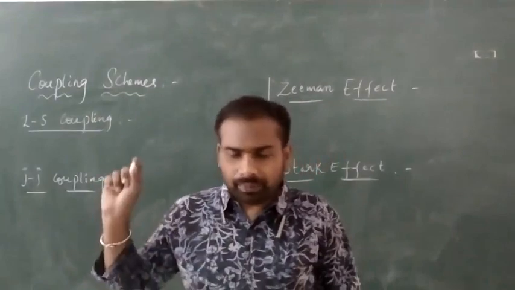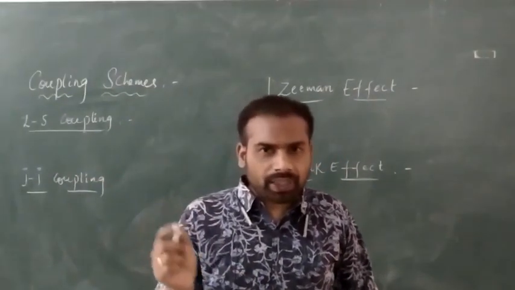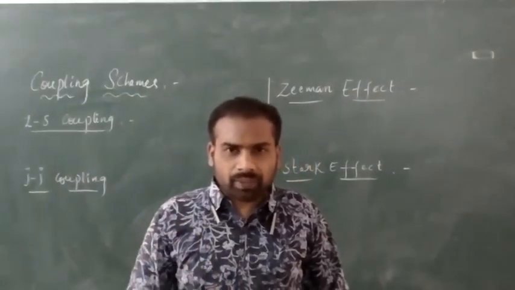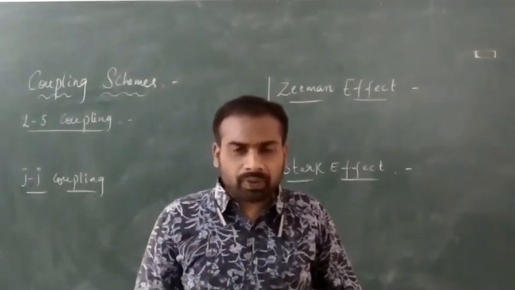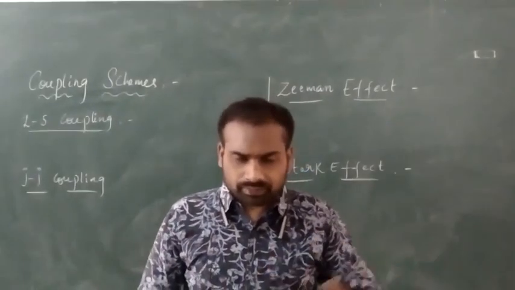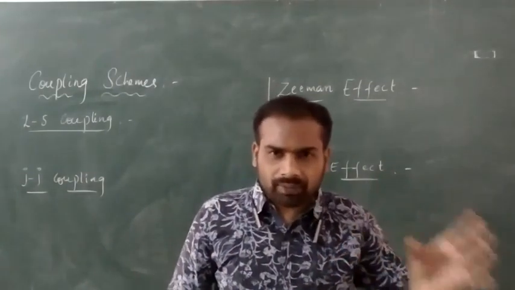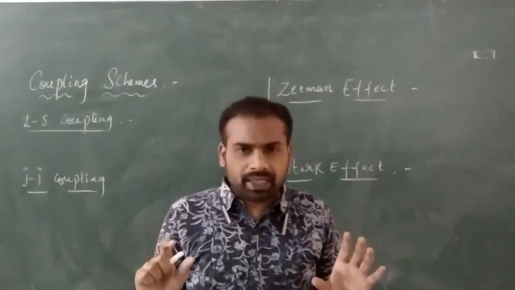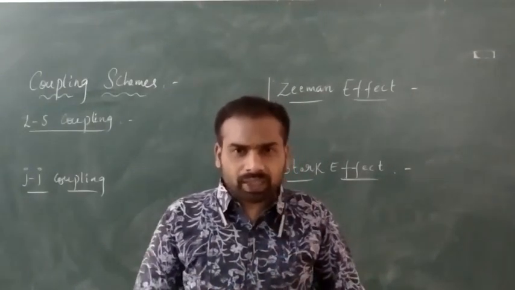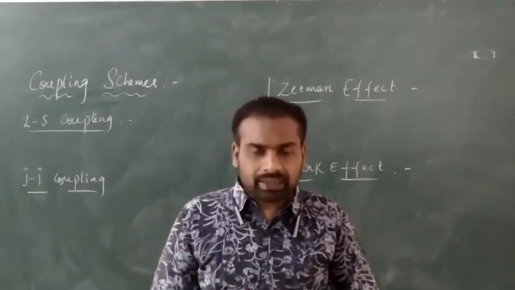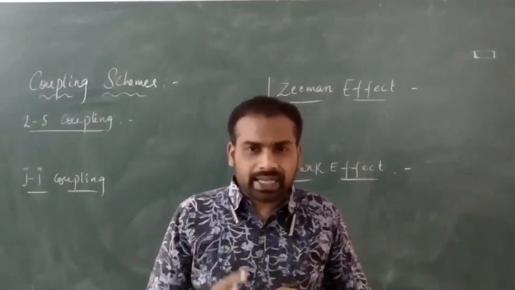In that, mainly when any magnetic field is applied, what happens? The orbital quantum numbers and spin quantum numbers come together to form the total angular momentum quantum number. Before applying the magnetic field also, the orbital and spin quantum numbers interact with each other and we get a total angular momentum quantum number. How will they interact? They will interact in two ways. One is LS coupling and the other is JJ coupling.